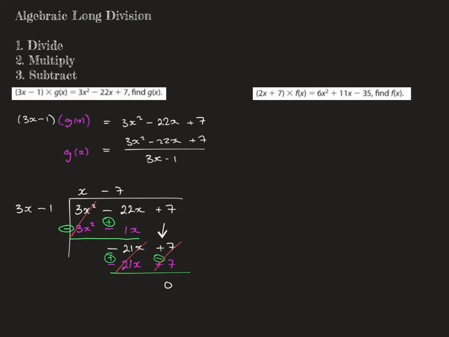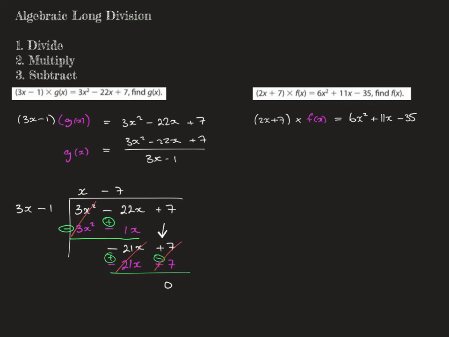Okay, so again, this question here is very similar to what you were doing. They're saying that 2x plus 7 multiplied by f of x is equal to 6x squared plus 11x minus 35. So you can see there what's happening is I'm multiplying this here by f of x,